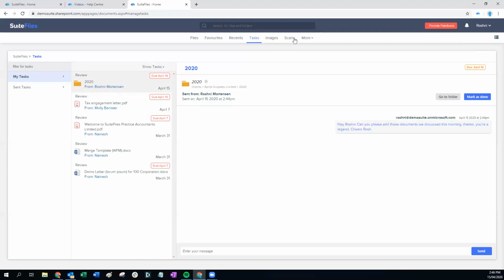So similar to the Scans tab, we'd treat the tasks list as sort of like an inbox. So you want to keep that as clear as possible. It can be quite handy to refer back to these things in future. So that's why we allow you to favorite a folder from here. So by doing that, it means that I can mark this as done. Once I've done it, it will clear it from my to-do list, and I'll still have access to it from within my favorites. So here, if I want to message the sender back,